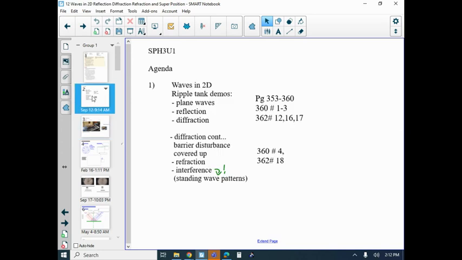Hey everybody, so this lesson, the next one we're doing, is about waves in 2 dimensions. We're going to look at ripple tank demos. I'll show you what a ripple tank is. We're going to look at plane waves, how they reflect, a process called diffraction, and then another process